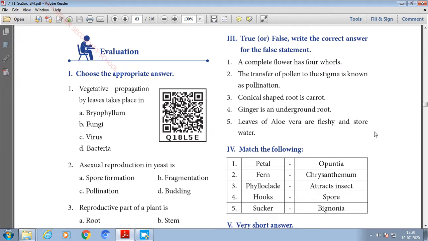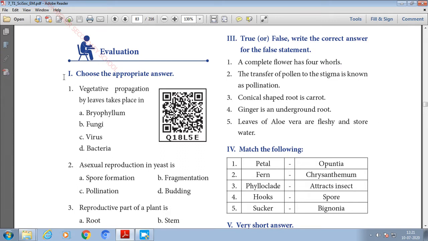Before getting into the video, I just want you to open your book and mark the answers as I am dictating with the help of a pencil. And children, if you don't have your book also, I insist all of you to get the textbook as soon as possible. We have completed the lesson also, and now we are going to discuss the answers for book back 1 mark, and you can take the book back evaluation for lesson 5, reproduction and modification in plants. So now we'll get into the answers for 1 mark.